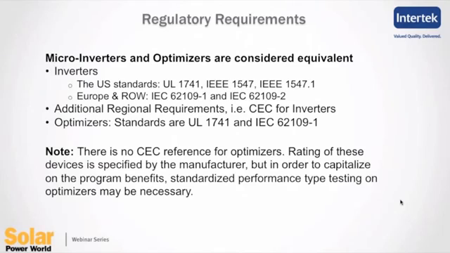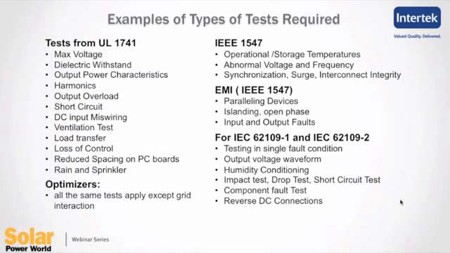So I'm just using CEC, being in California myself, as an example. That California Energy Commission requirements is something that might be over and above the 1741 requirements or the 62109 that product needs to meet. Moving forward, just to give you a quick overview, what these standards really require the products to meet. Giving you some examples of the tests that you have to meet,